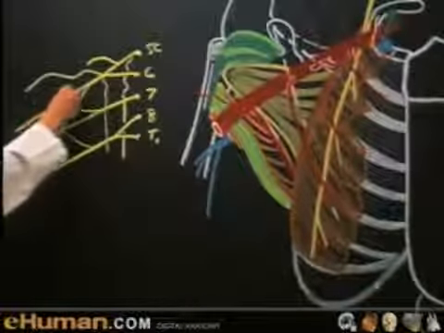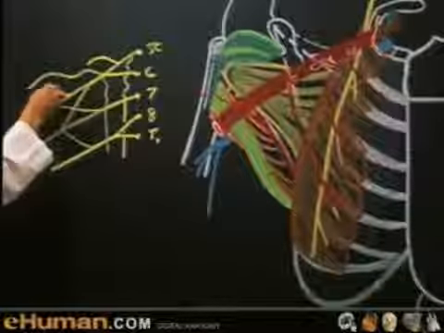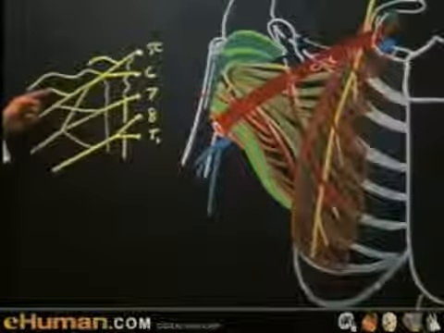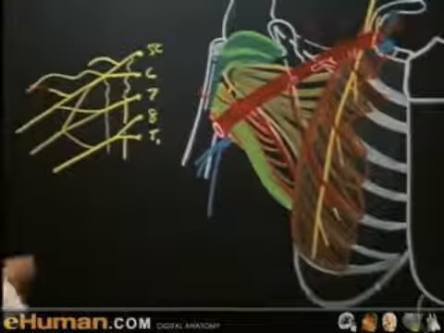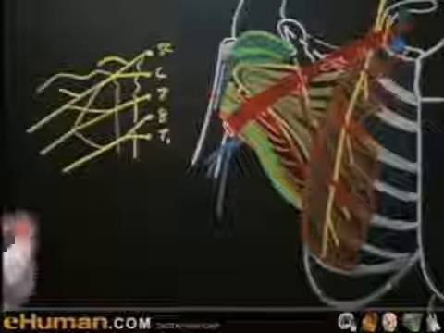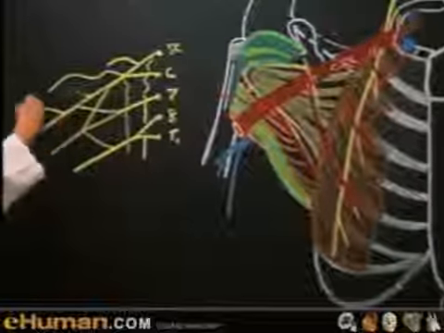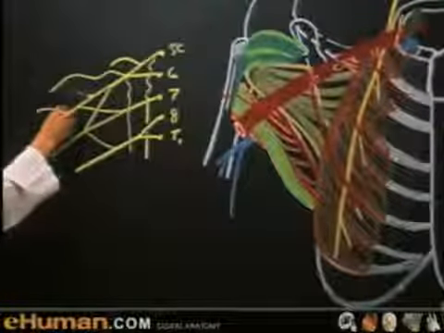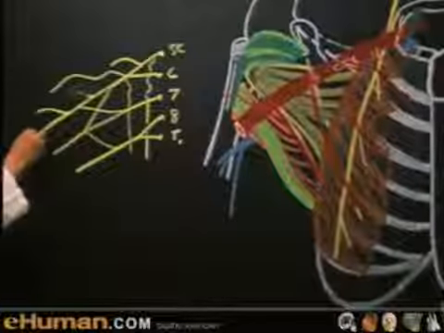Now let us consider the branches of the cords of the plexus. We have here the lateral pectoral nerve. The lateral pectoral nerve comes off the lateral cord of the plexus and supplies the pectoralis major muscle. The lateral cord, this is not quite in the right position, it should be a little lower down. This lateral pectoral nerve supplies the pectoralis major,